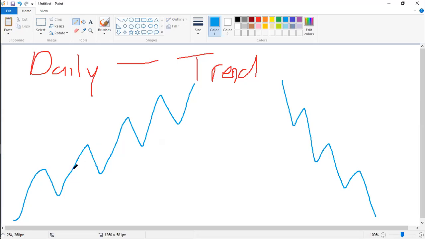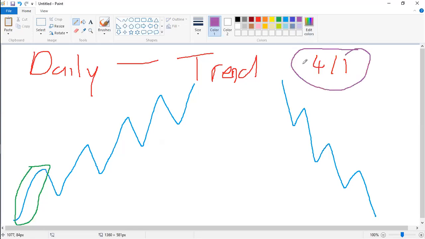So if you notice that the daily is bullish like this, that's your trend. So if you notice that daily is bullish, we are only going to be buying. We only buy. So where do you buy? Now you go to 4 hour and 1 hour, and you look for the higher lows. So if this is daily here, right? Daily. If you go to 4 hour, we use both. So remember, we use these two together. We use them together. So if you go to 4 hour, 1 hour, you're going to see this higher low, higher low, higher low, higher low, higher low, higher low. So this is where you're going to buy. You buy on the 1 hour and 4 hour higher lows here. That's where we buy,